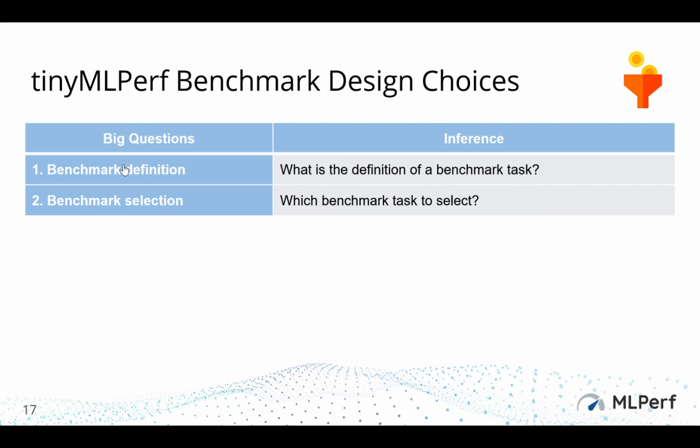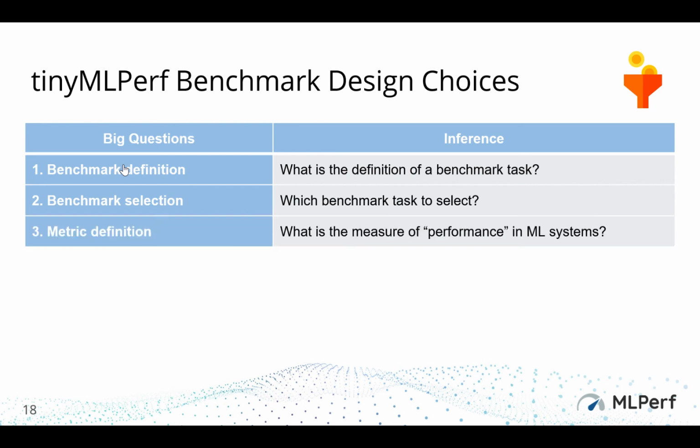And of course, as I showed you in the table earlier, with the many different tasks, how do we narrow that space down? The way we try to do it is by talking to customers and trying to get their feedback as to what they think is the most important thing to be able to benchmark. And of course, what is the measure or metric? Here, it seems like power is a first-order constraint for us. How do we factor that in?